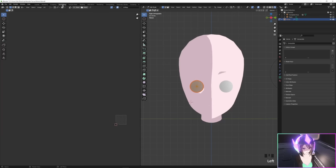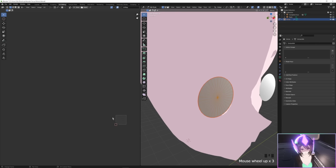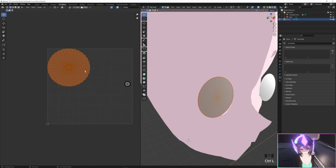So UV editing, and while this is in edit mode on the right side, press A to select all. Let's left click the left side too and press A there, and right click and unwrap. These parts are the back because it has more faces, and you can just shrink that and leave that off to the side for now. These ones are the front, so actually leave it at this size, and you don't have to create an image